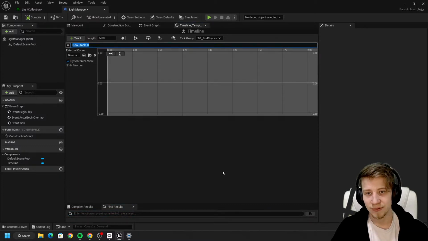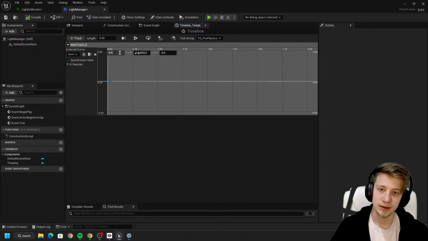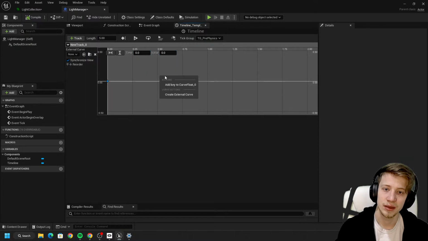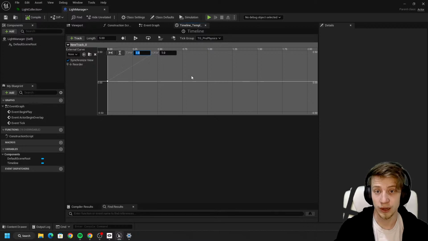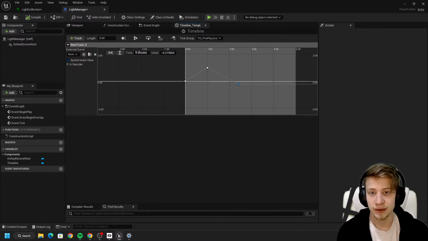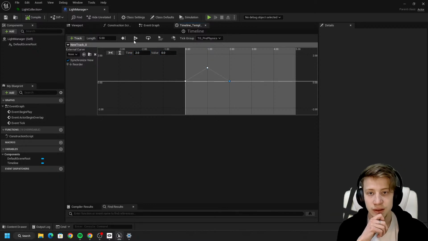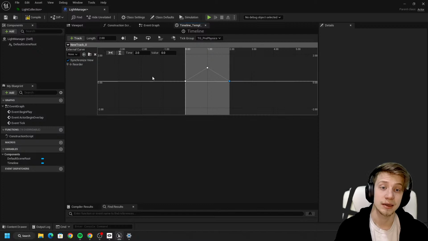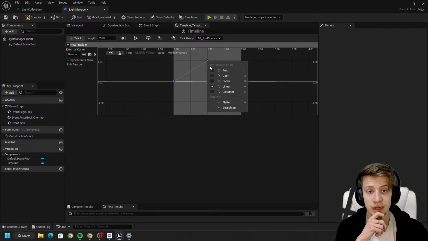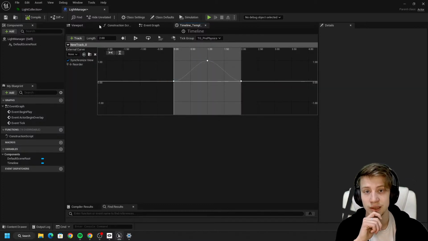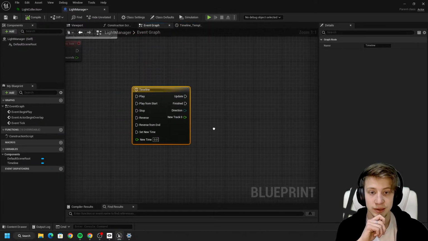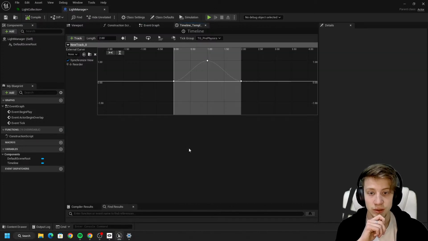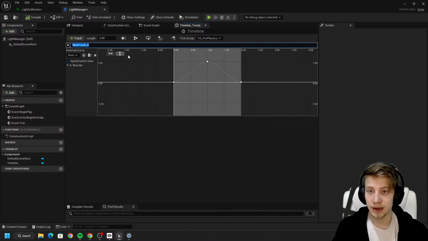And we are gonna create here a float track. Let's move it between 0 and 1. It's gonna be a bit easier to handle. We can use it as an alpha, and then we can actually, outside of this timeline, adjust how much it is adding or decreasing. That's gonna be a bit easier to handle. So let's call this alarm light,